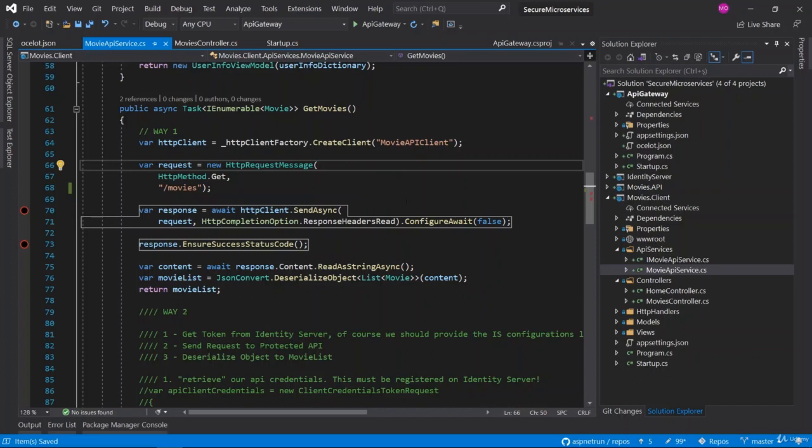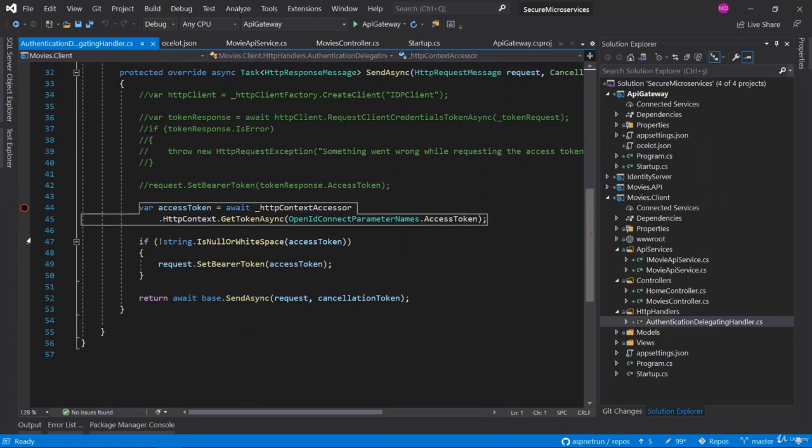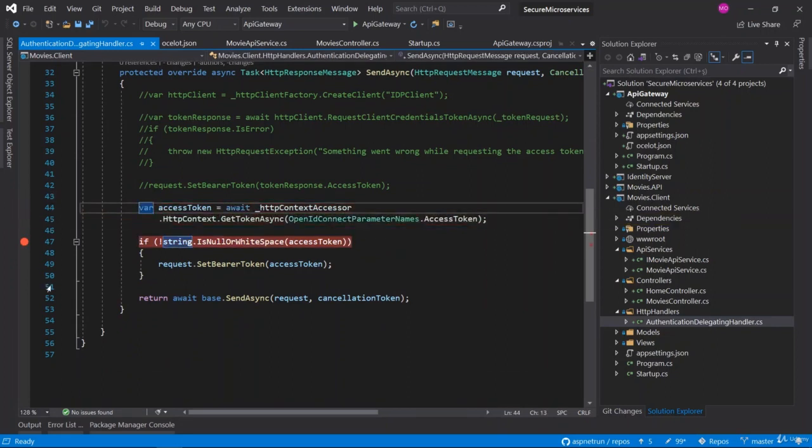Now we can test our project with Postman. But before that, let me put a breakpoint in the HTTP handler in order to get the token. To get the token, it is good to put a breakpoint here. Okay, we are going to run our project and get the token here, and after that we will send a request to the API gateway to see whether our movies API actual data can be retrieved over the API gateway with the generated token.